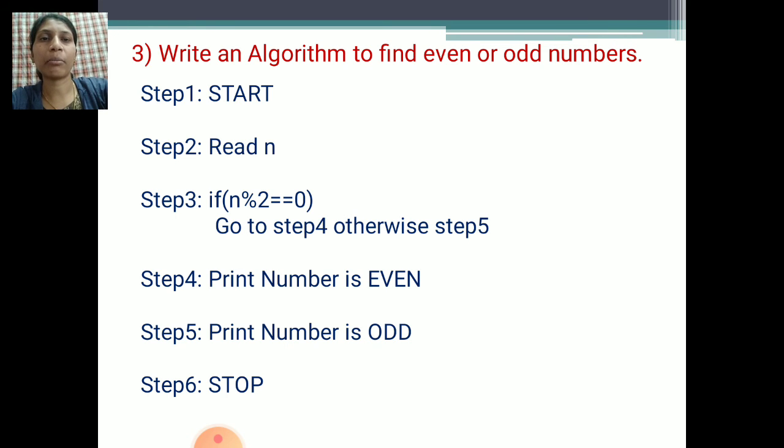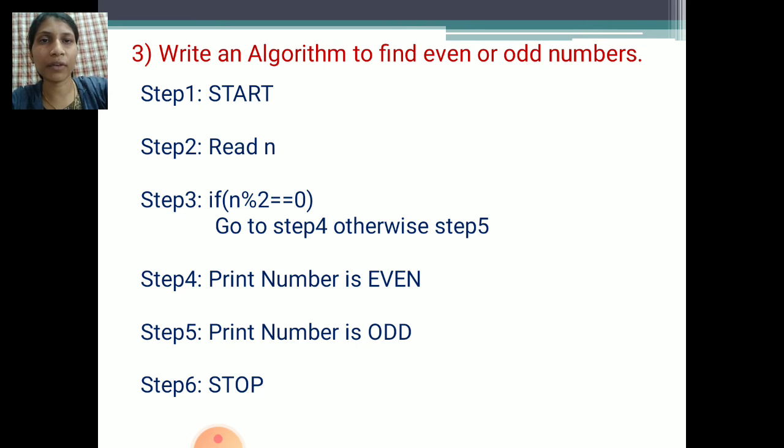If the number you have given to the computer for processing is an even number, its remainder is 0 and the condition is true. If the condition is true, then go to statement 4, meaning it will print that the number is even.